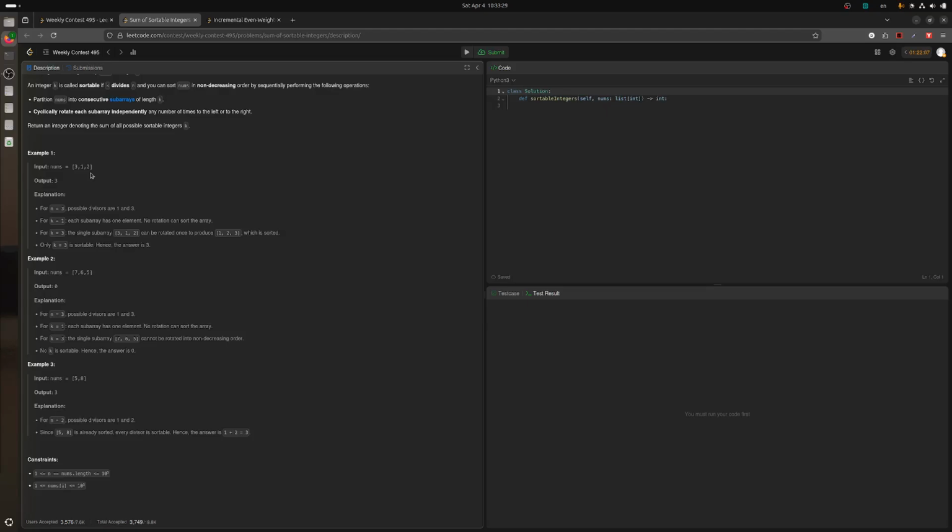And then for each divisor you just want to check if it's at prefix 2 and prefix 4. So we just want to do that. And then for each of the divisors we want to try to